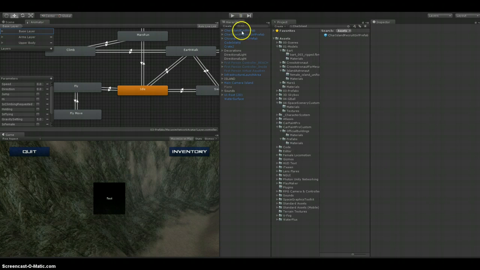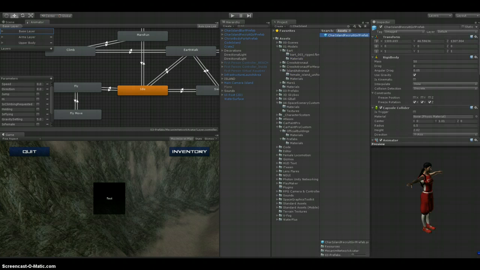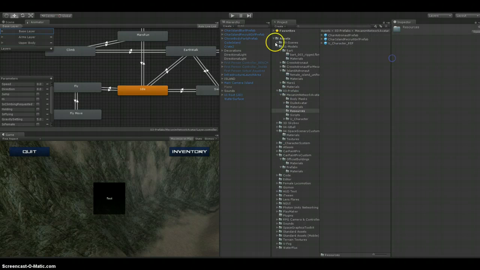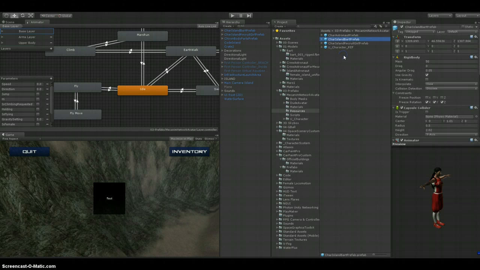And now we have a new prefab sitting here that I'm going to drag into where this lives, which if we look at the bottom is 03 Mecanim Network Avatar Resources, 03 Prefabs, and we are going to drag the Bart prefab in. Now we have the Bart prefab